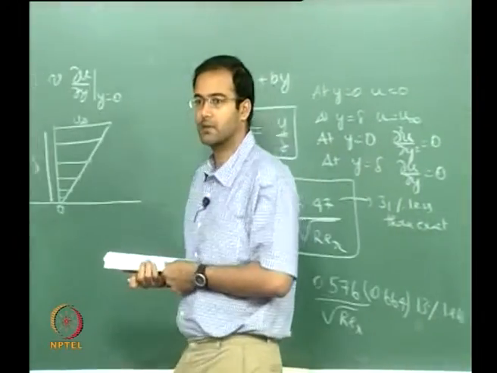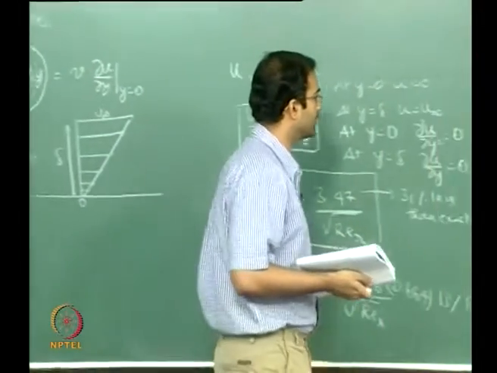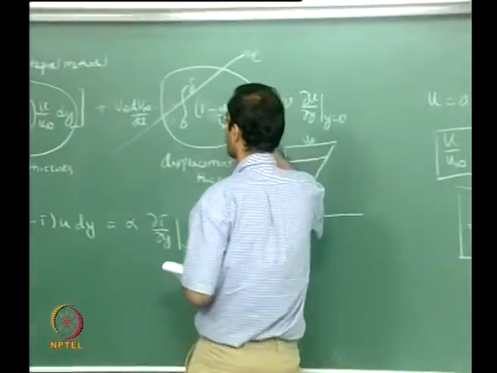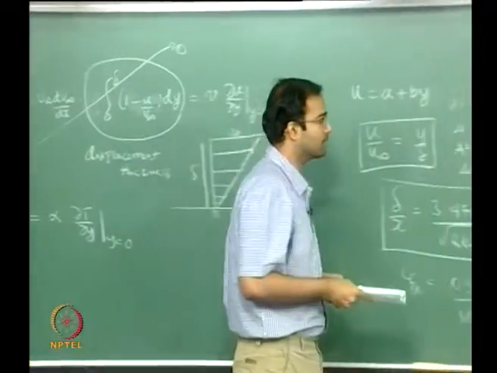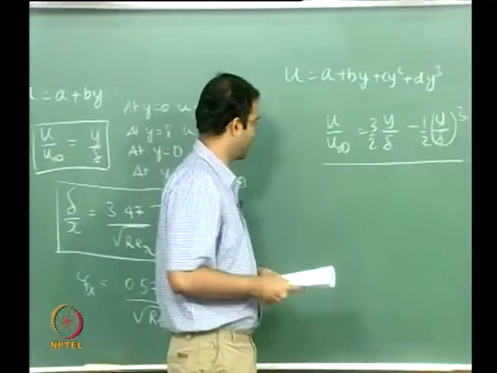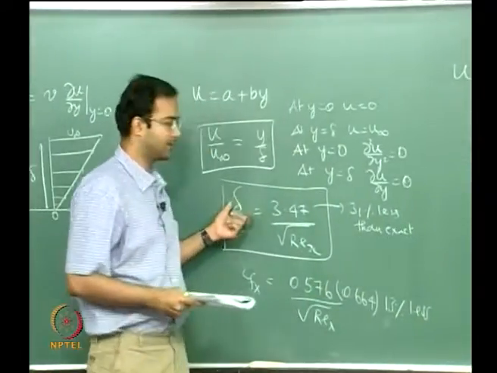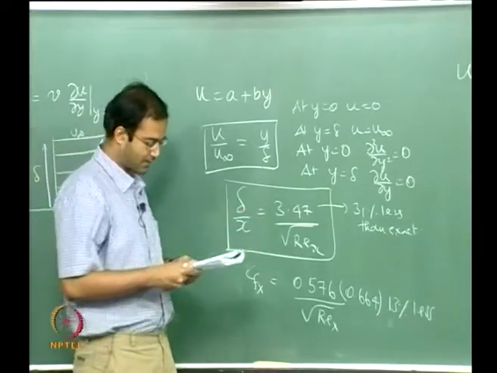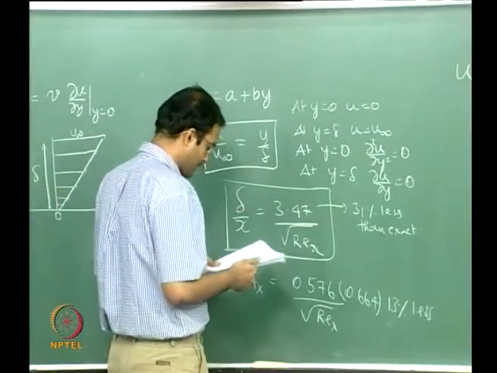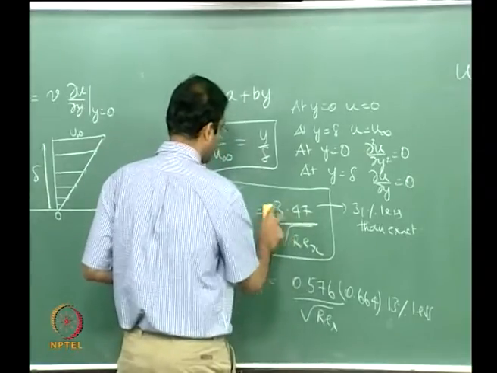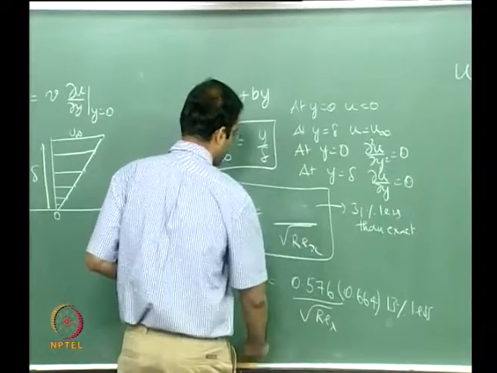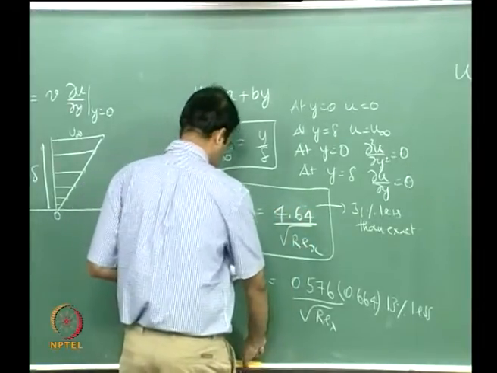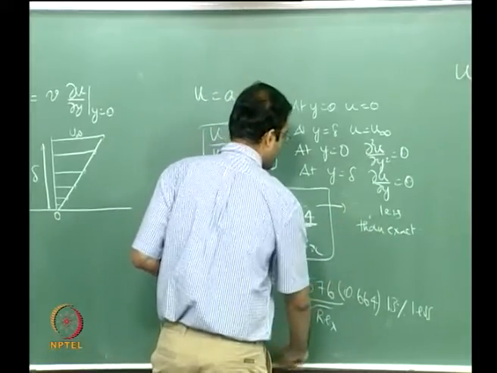Right, this was what we saw yesterday, and if you plug in this velocity profile now instead of the linear profile into the momentum integral, integrate it out across the boundary layer thickness, we found that the resulting boundary layer thickness is actually improving a great deal. Now from 3.47 here we finally reach a value which is 4. Anybody remember? 4.64. Okay, so which is 7% less than the exact, but it's very close